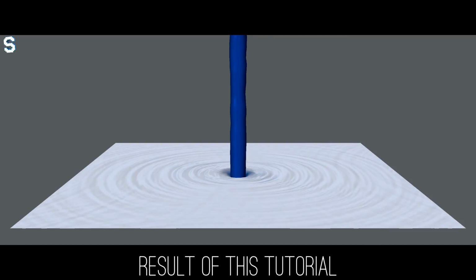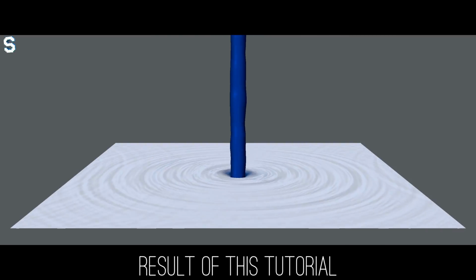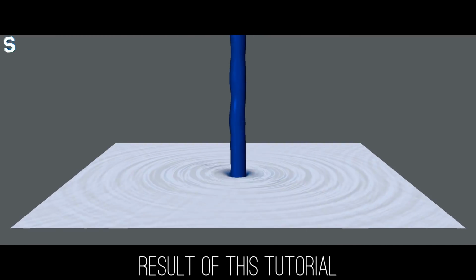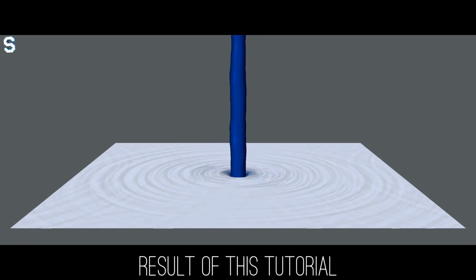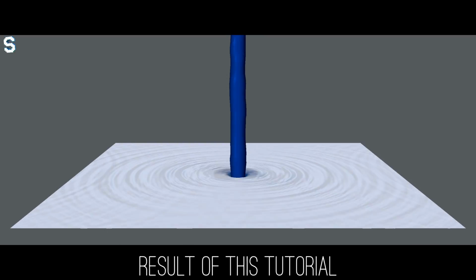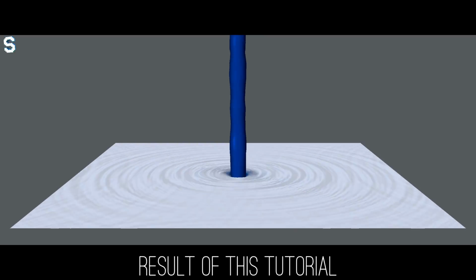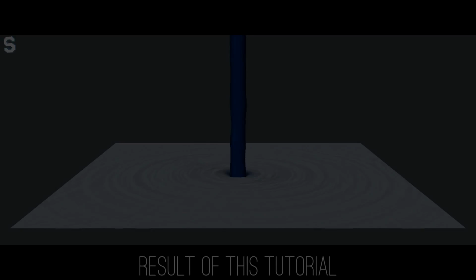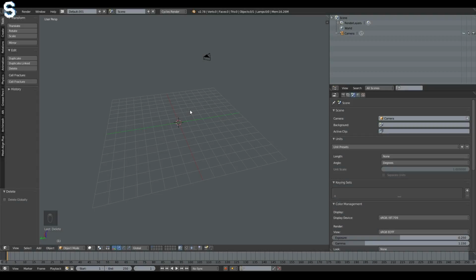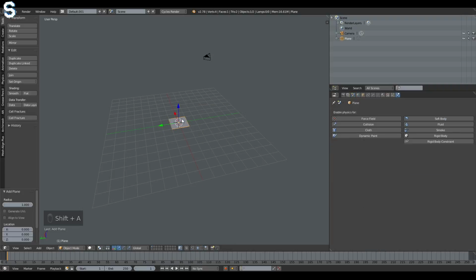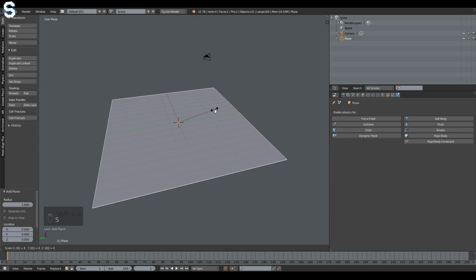So if you're planning on a fountain as the background object in your scene, the way I'm going to show you right now will look almost as good while being much more memory efficient. Alright, let's start. Alright, now that we are in Blender, start by adding in the plane, scale it up, then